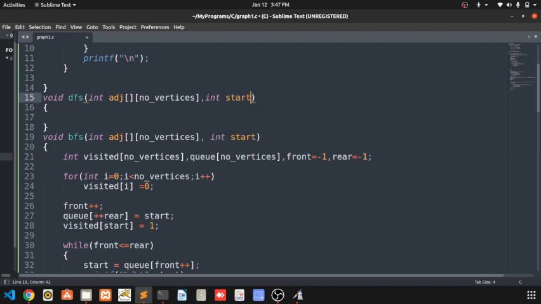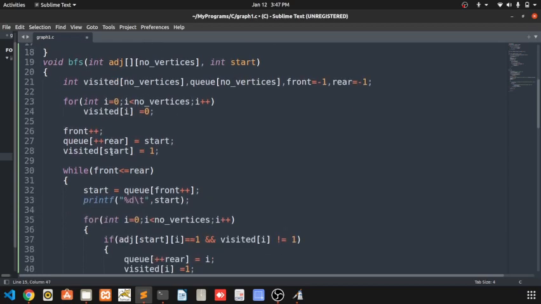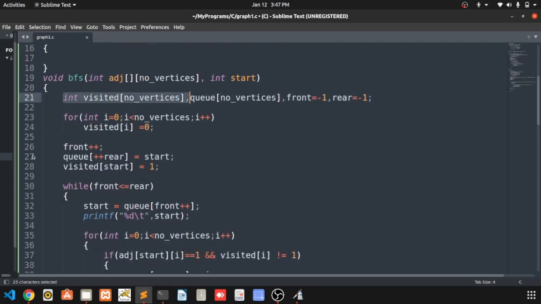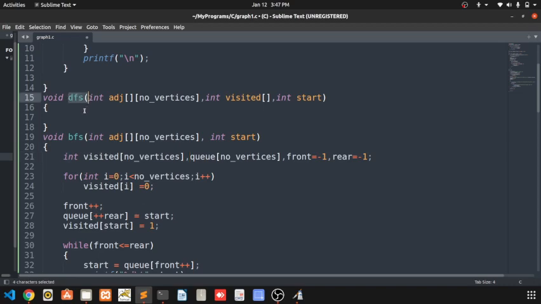As I am calling it recursively, the visited array should be passed here. Why am I saying that? In the case of BFS, I am not calling BFS inside BFS, so whenever I create one visited array, it is the same for the whole function. But I am calling DFS inside DFS. So when I create the visited array inside DFS, whenever I call DFS inside DFS, it will initialize to 0. So how would visited work?